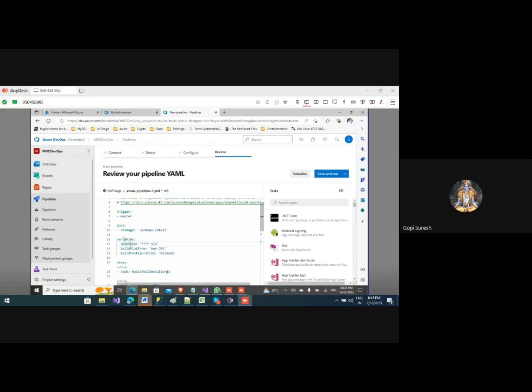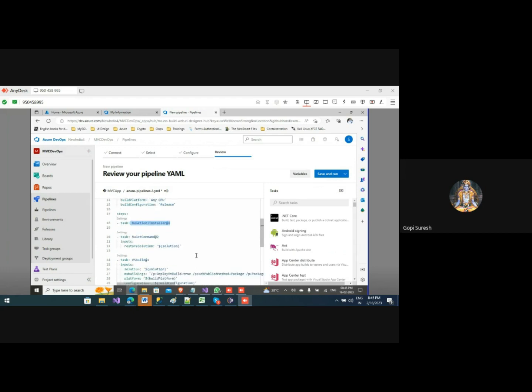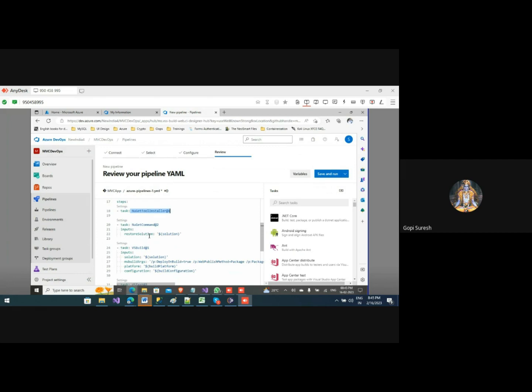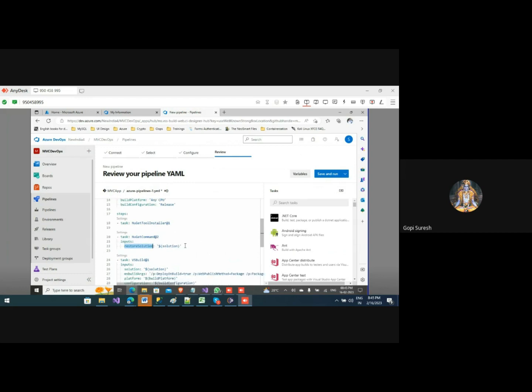I have variables, and these variables are defined here. These are all used at a later point in my build life cycle. Step one, what I'm doing is installing the NuGet packages, so all the NuGet packages will be deployed. After that I will pass the input, the input resolution folder. The moment you see this line, it will go to the solution path, pick it up from there and build the application.